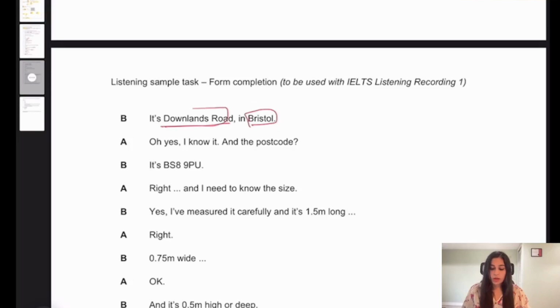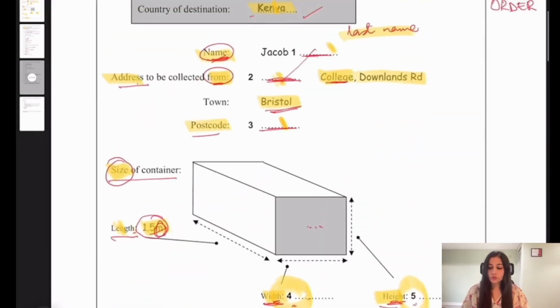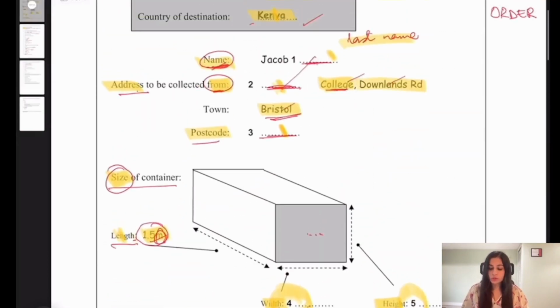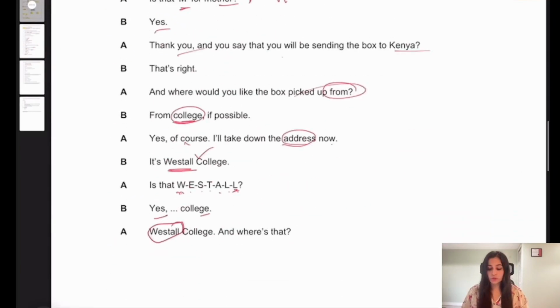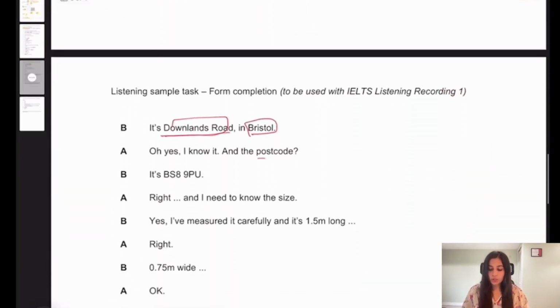So you have these in the form already. So you know that this has been spoken. This also has been spoken. Now is the turn for the postcode. So the postcode is